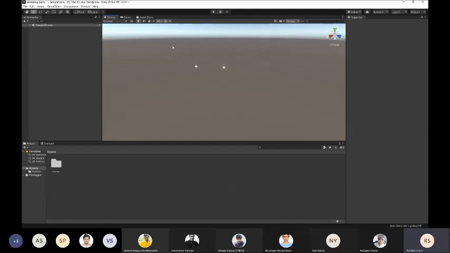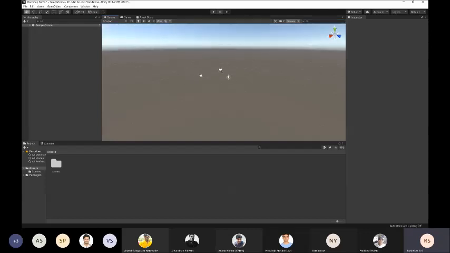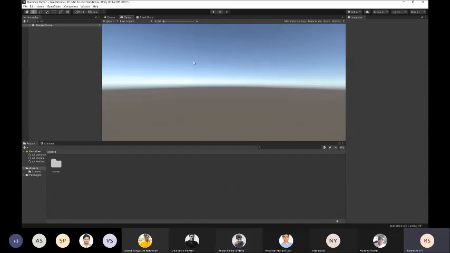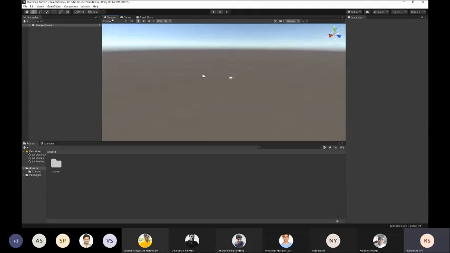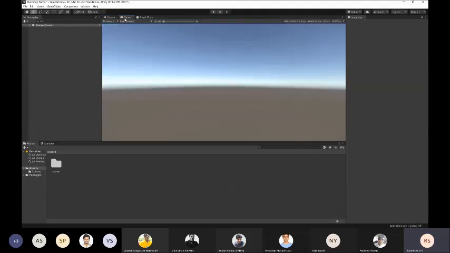This is called the scene window here, and this is basically your playground in Unity. Whatever objects you put, everything will be in the scene window. Whereas the game window is what your end user will see. You can configure the objects however you want, but the end view that the user will see is represented in this game window.